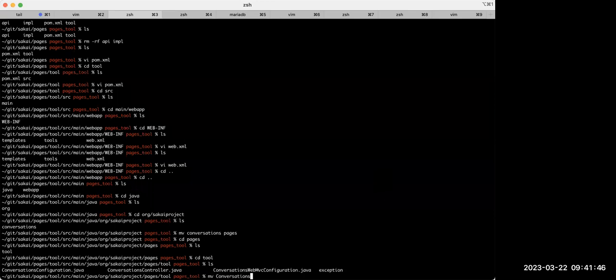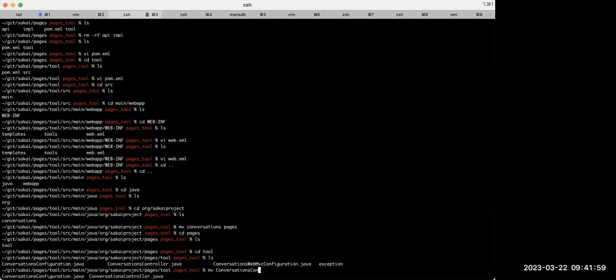Again, if you were writing a new tool, you'd be doing something similar to this, right? You'd probably copy something that you knew was working and you understood a little bit, and you'd go through and convert it to do what you want it to do. So you'd rename things. So me doing this, hopefully, is a taste of real world Sakai development. So I'm going to change that to